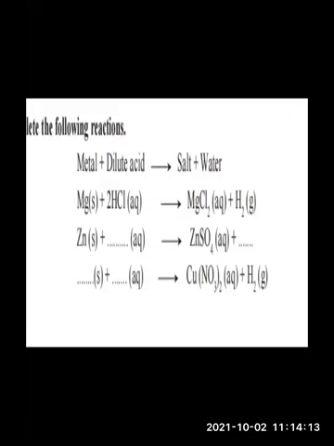What is the formula of nitric acid? HNO3. Okay, so you can write here Cu plus HNO3 gives Cu(NO3)2 plus H2. Okay, so always you have to write the acid or the symbols, everything in capital letters first. Okay, H should be capital, N should be capital, and O should be capital. Some students are writing in small letters, HNO3. That is wrong. Okay, always write in capital letter.